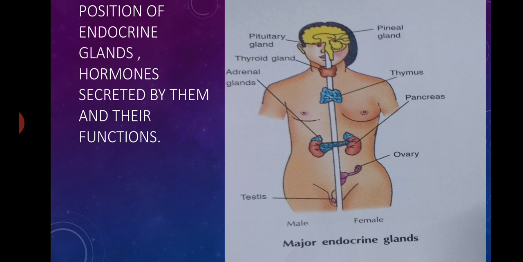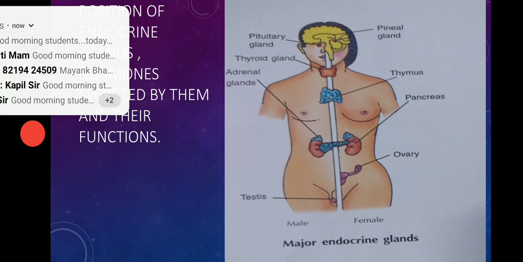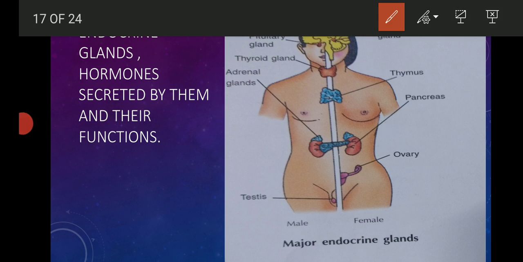The next one is the thyroid gland, which is present at the base of the throat in the neck, and it is the largest endocrine gland. It is attached to the trachea just below the larynx. It is bilobed or butterfly shaped, and the main hormone of thyroid is an iodine containing hormone known as thyroxine. Thyroxine controls basal metabolic rate, and it determines the consumption of energy, tendency of the body to gain weight, physical activity, body temperature, heartbeat, etc.